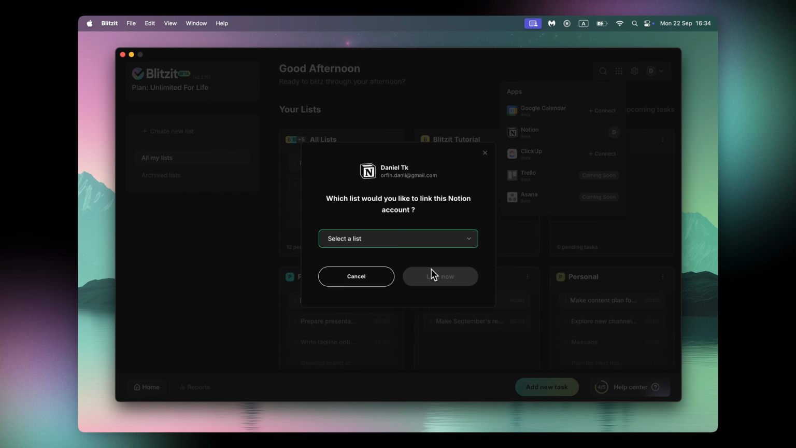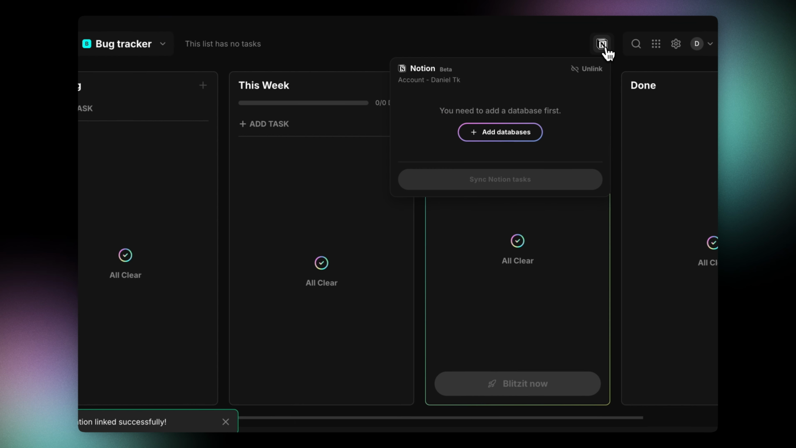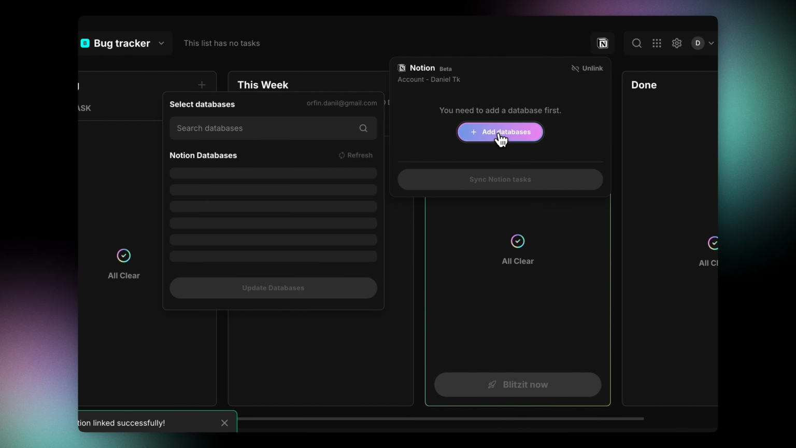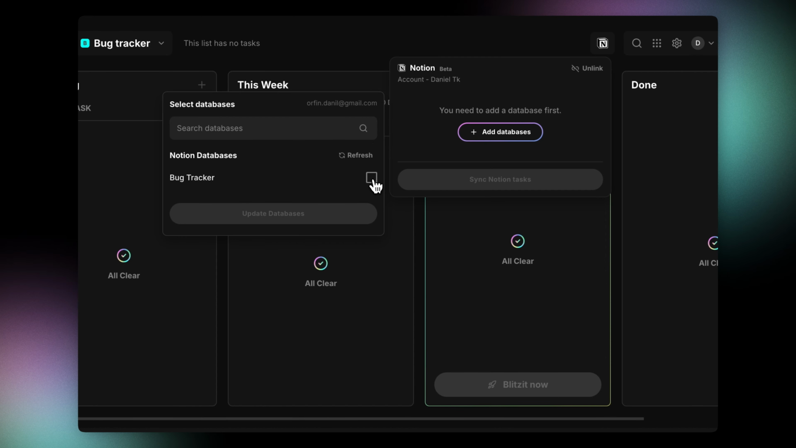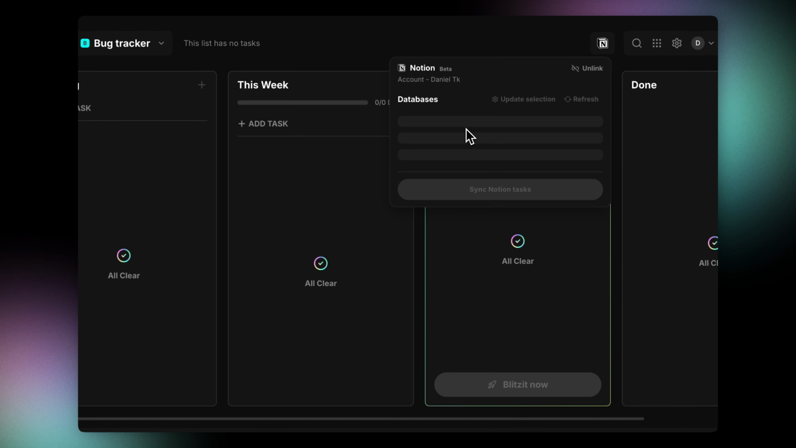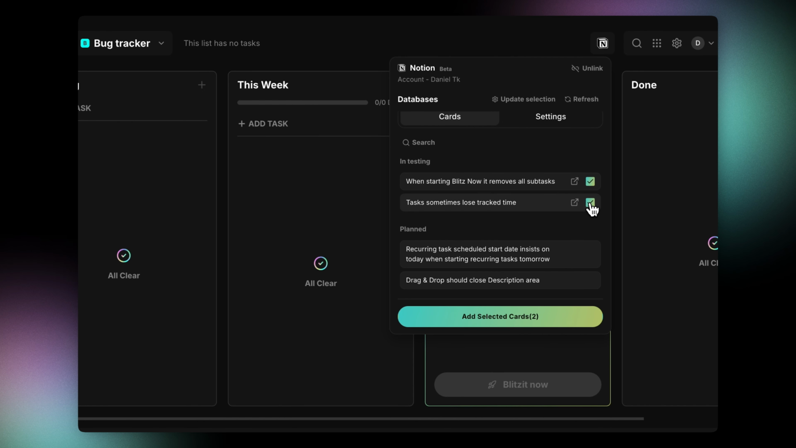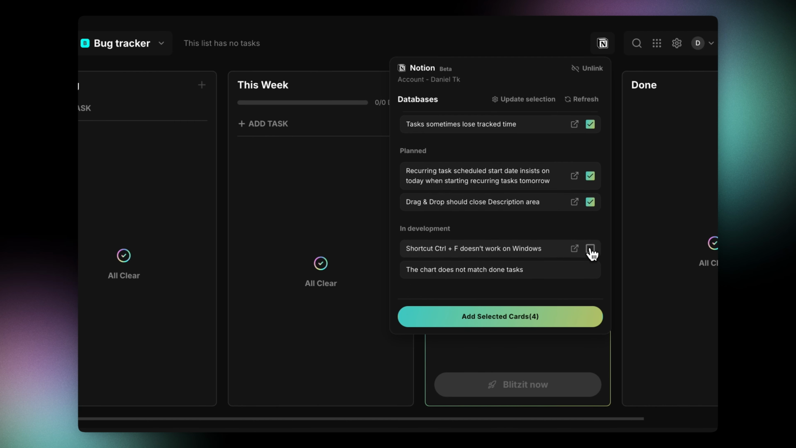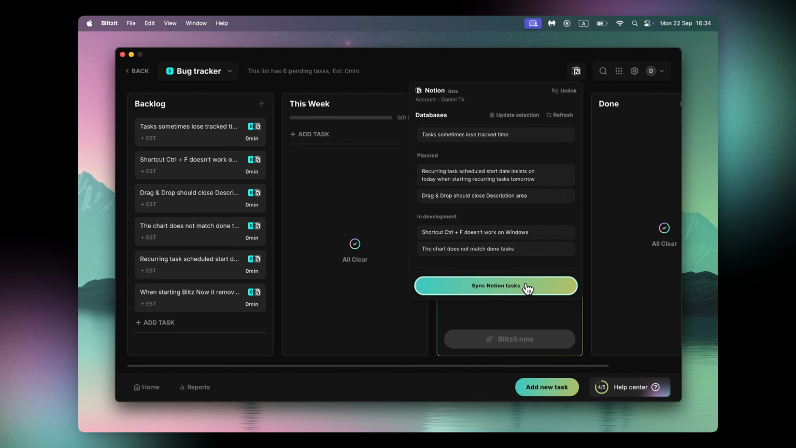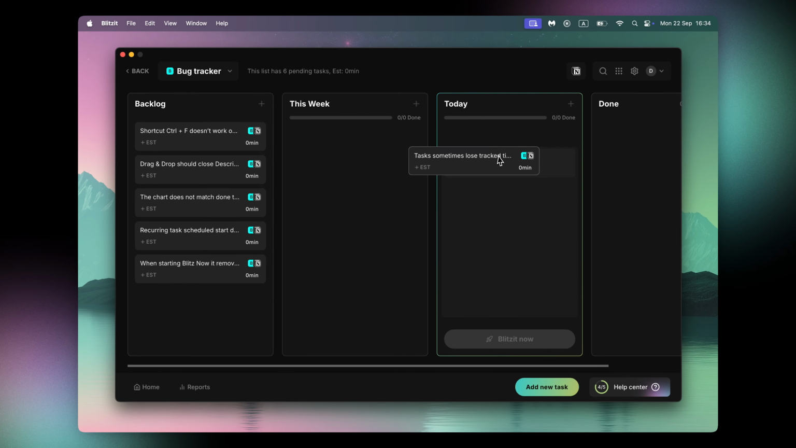Click Link List and select the list you want your Notion database to be connected with. I already created a list named Bug Tracker. Click Link now. In your Blitzit list, click the Notion icon at the top right, choose Add Database, select the one you need, and hit Update Databases. From there, pick the tasks you want to import and click Add Selected Cards. Here you go! When starting your workday, you can select the bugs you want to work on or switch to